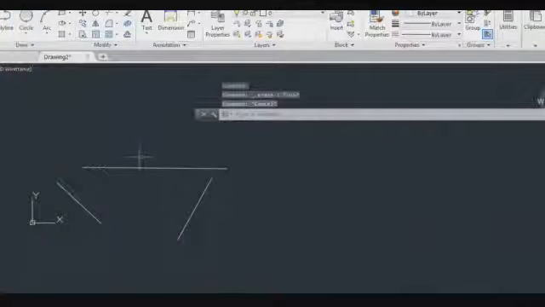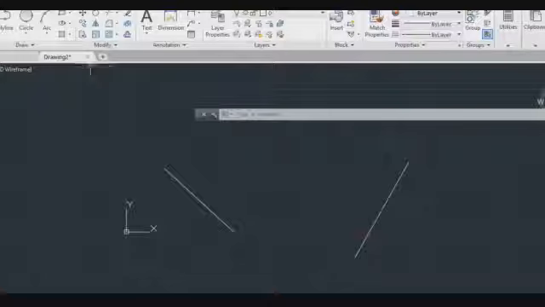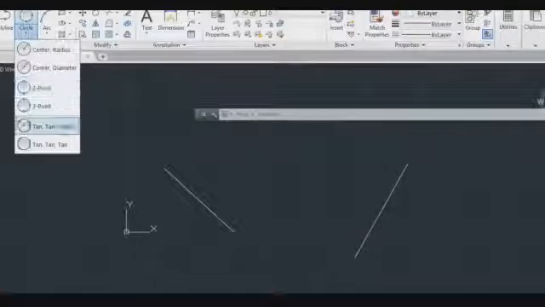Next we have tangent radius. I should select the two elements for the tangential purpose, either circle or line segment. Anything is fine for tangential. We will go with tangent radius.